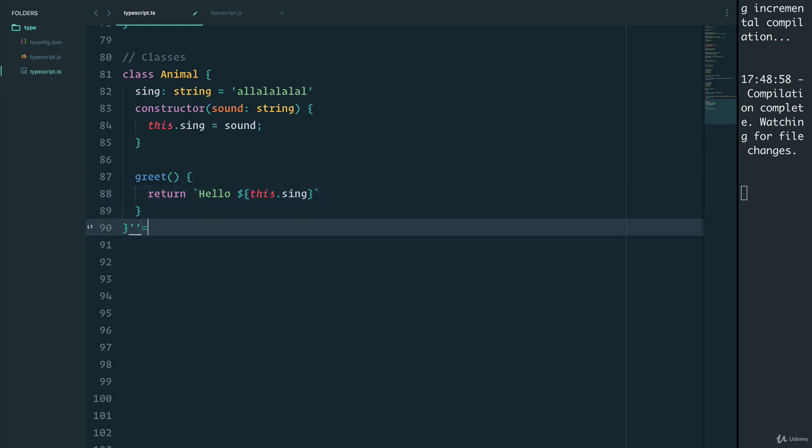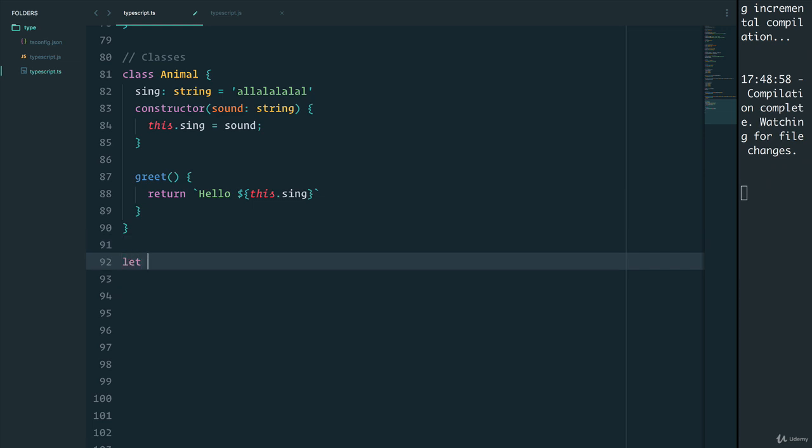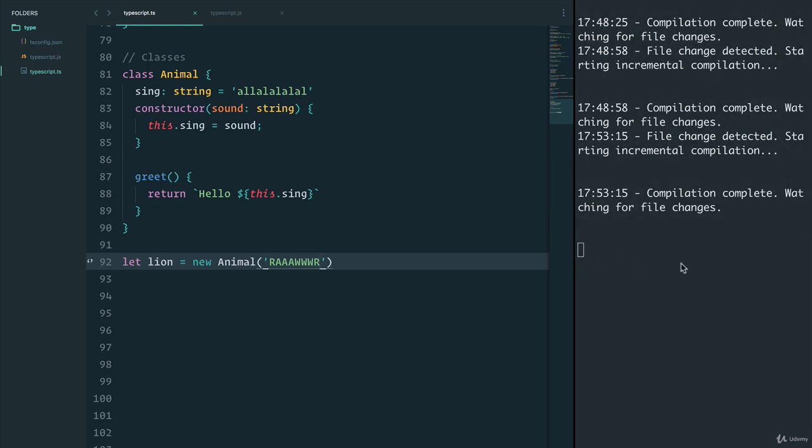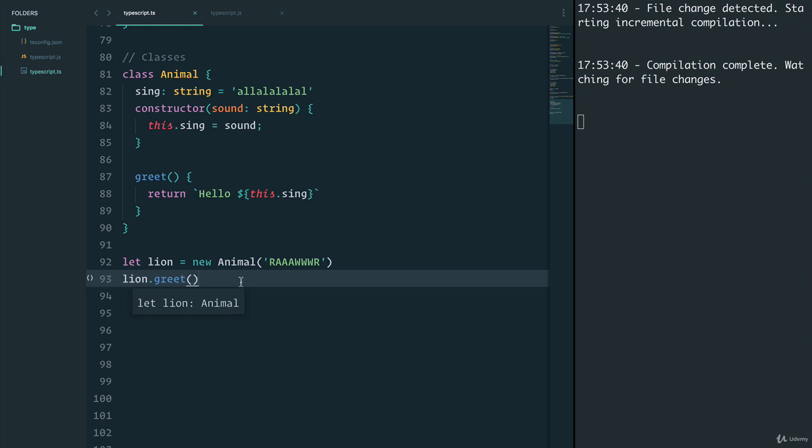All right, so now if I go, let lion be a new animal that takes in the sound of, let's say, roar. I think that's how lions go. And I save this. Let's go over here. All right, we're not getting any errors, which is great. And let's run lion.sing or lion.greet. And if I run this, no errors, and I do greet, I should have the hello la la la la